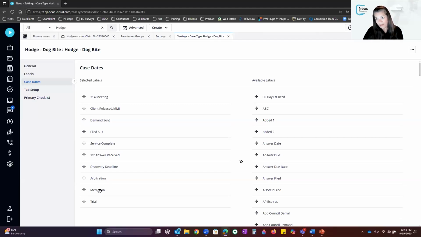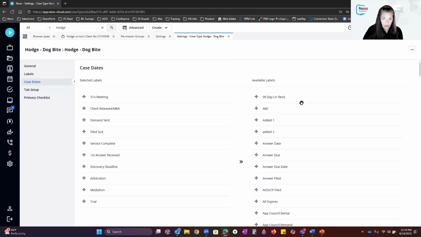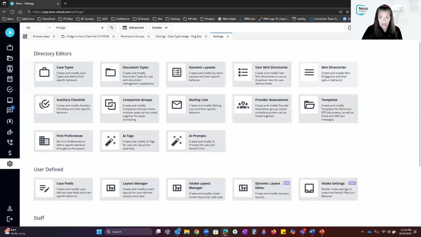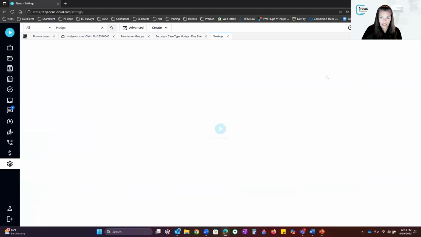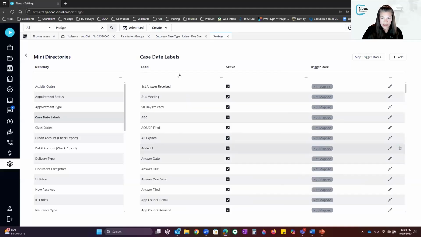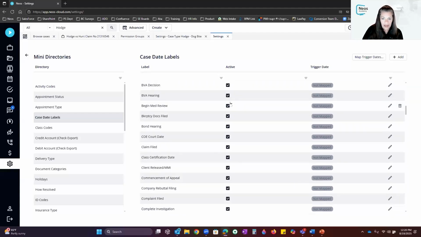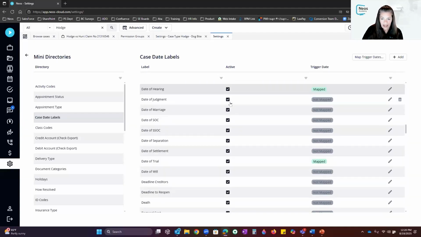Now, if you have a case date that you need to add that is not in your selected and it's not available in your labels, that's when you're going to go to your settings. You're going to go to your mini directories and go to case date labels. When I go to case date labels, this is going to show you everything that you have available. You always want to make sure that maybe somebody had something that they actually made inactive. So